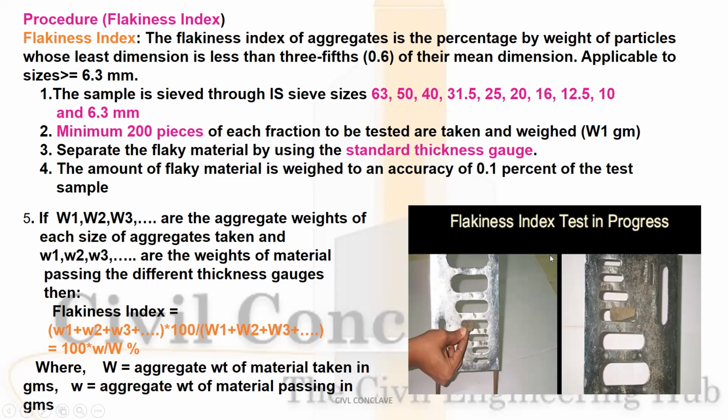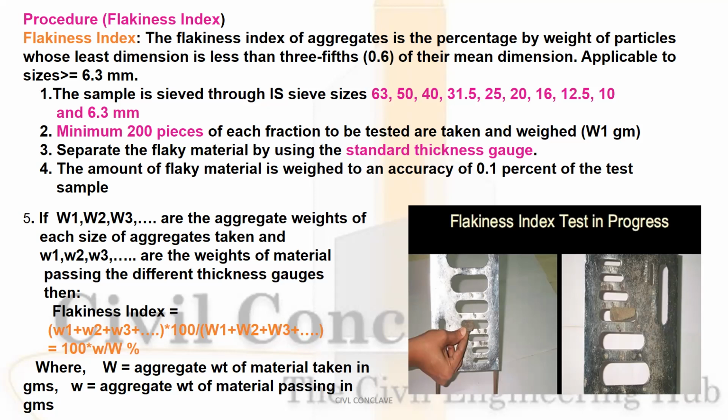See, this is the flakiness test, how you are inserting and passing the pieces through the gauge. After that, the amount of flaky material is weighed to an accuracy of 0.1% of the test sample. If W1, W2, W3 are the weights of each size of aggregate, and small w1, w2, w3 are the weights of the material passing through the different thickness gauges, the flakiness index is equal to